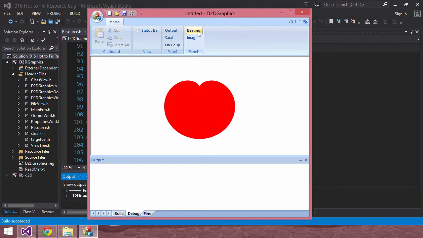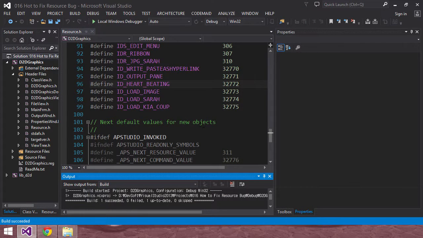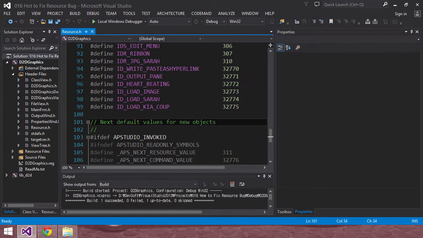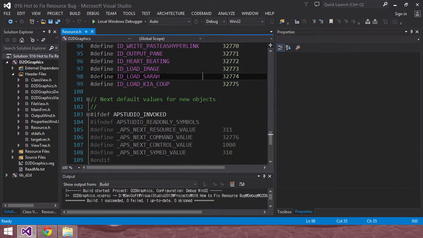So when you think your code is correct but it does not function properly, sometimes you may have to suspect your resource files, as I have shown you in this video. And also the last command value should be the next one after the biggest one, like